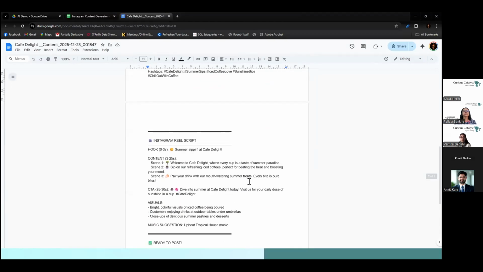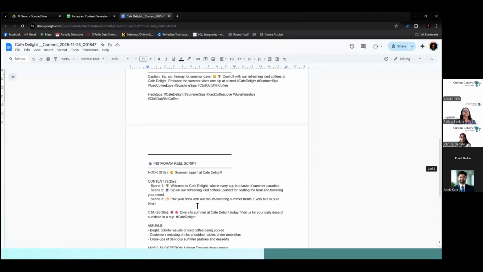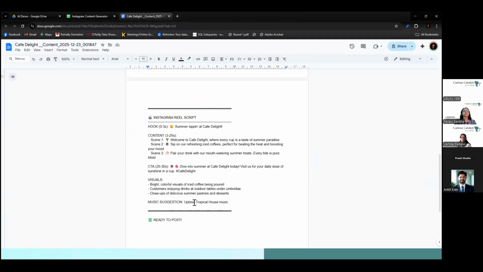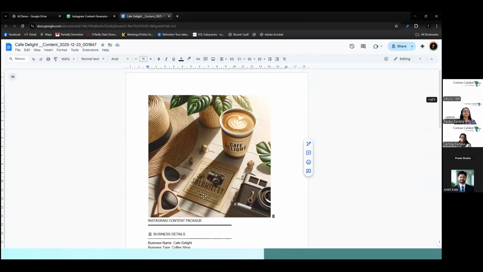Along with that, if you want to create a reel about that business, it will also give you the script, and what editing, video editing, or visuals you can show along with it. Of course, these things can be done automatically. I have not given it any input; the context is just something which is being set in the background.